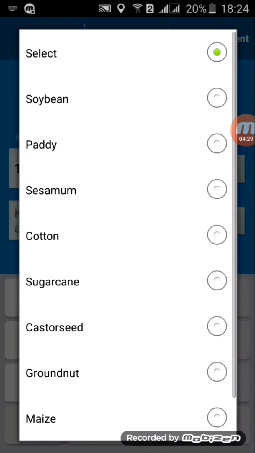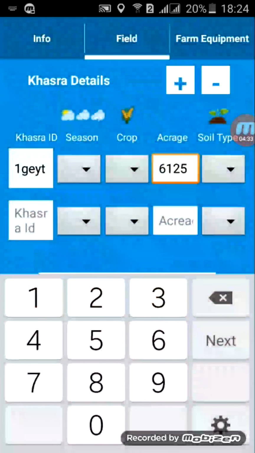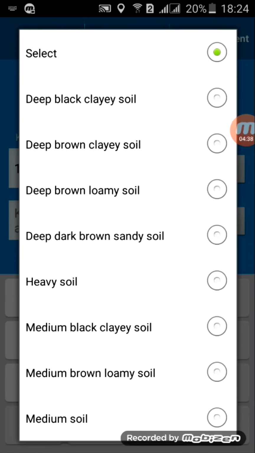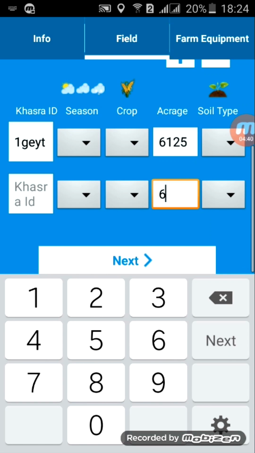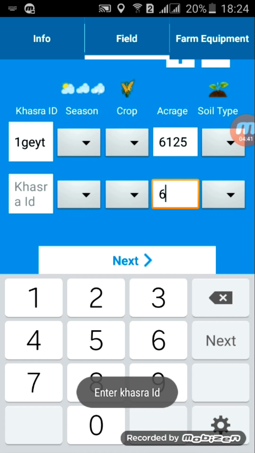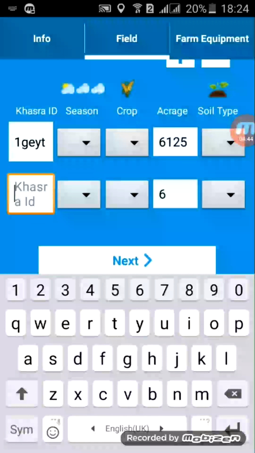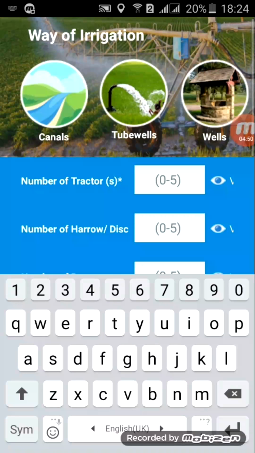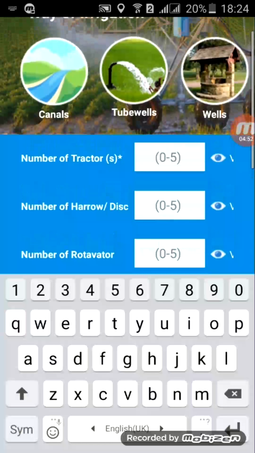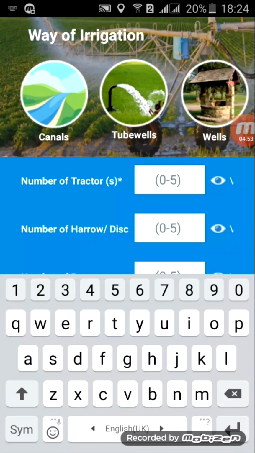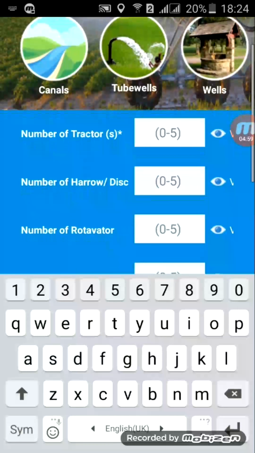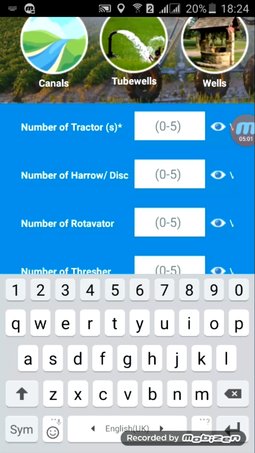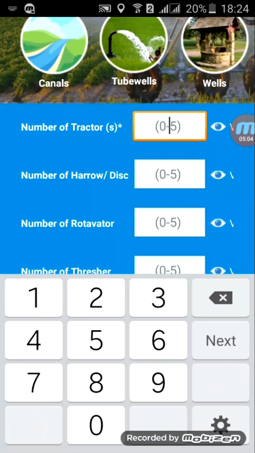Then I need to add details for another 6 acres. If I want to add a different season, say Kharif, the information about the Kharif crop will be there. So in Kharif, suppose he is growing sugar cane, I may just select sugar cane, his acreage, soil type. Okay, it's asking me to enter the khasra ID. Khasra ID is mandatory because that is the unique ID of the land. Now I need to enter the way of irrigation he uses, through canals, tube wells or wells, so that I can also get